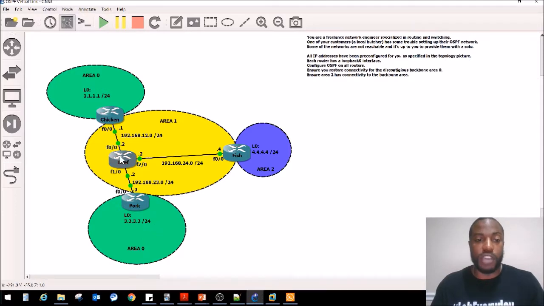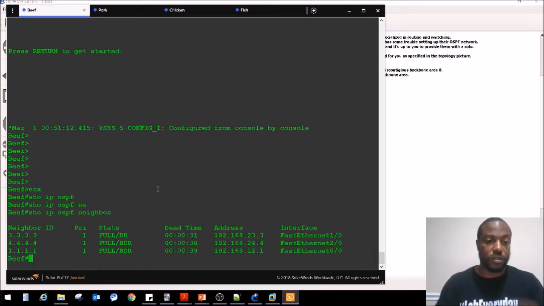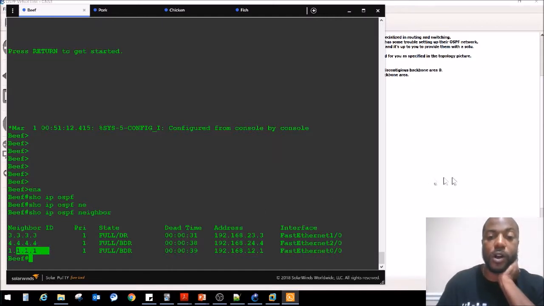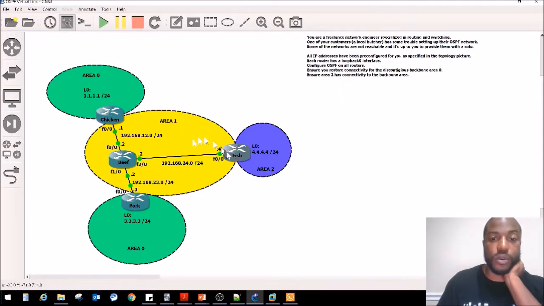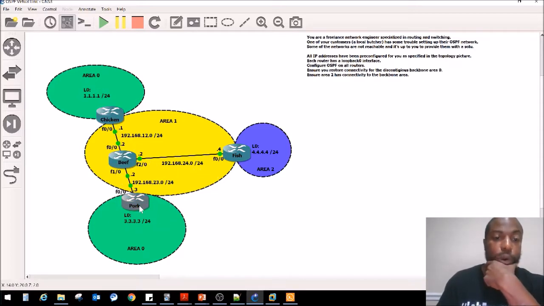So if we go to beef, you'll see he has OSPF neighbors. Let's go into beef real quick. Show ip ospf neighbors, and as you can see, we got 3.3, 4.4, 1.1 respectively. Those are all the IP addresses of 3, 4, and 1, right? So 3, 4, and quad 1, right? So he has OSPF neighbors of all of them, but he sits in area 1, and all of his interfaces are in area 1, all of them. So the first thing we need to do is, if you notice, pork doesn't really sit in a backbone. So we need to make these two